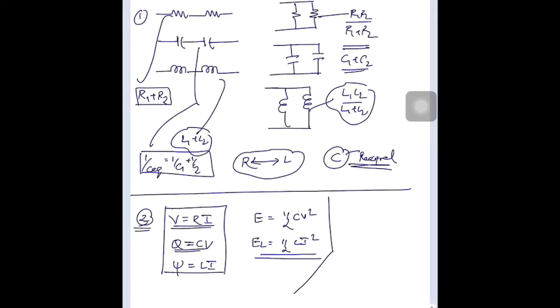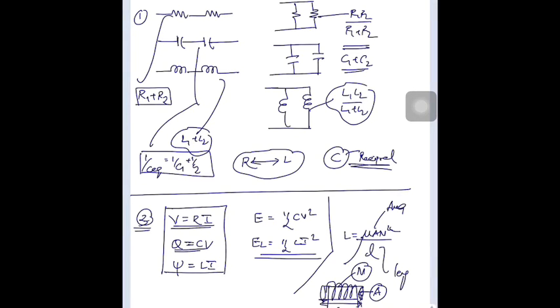And the formula for calculation of inductance is mu A n square by L, where A is the area, n is the number of turns, L is the length of the core, and mu is the permeability. It is like if we have a rod and a number of turns on it, they will give the area of cross section A, they will mention the number of turns n, they will give the length L, and they will say the permeability of the material used. Then you can calculate L, right? Yes.